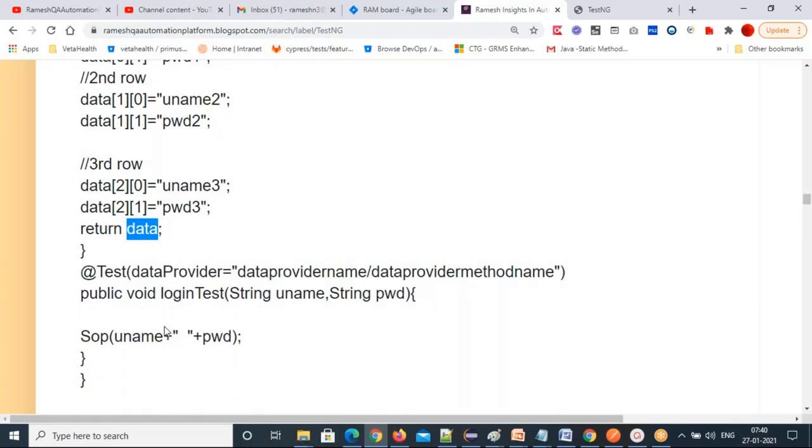Now I will provide it to my test method. Which test method do you want to give this data? So this is how you can map your data provider to the test method. @Test, in brackets, the dataProvider keyword you have to use, then give the data provider name or the data provider method name.